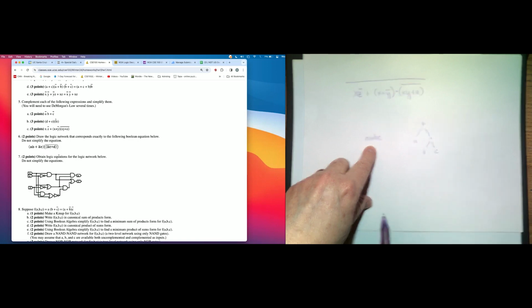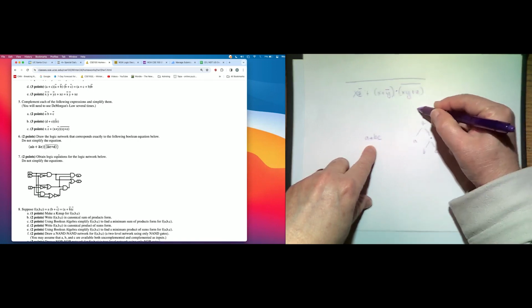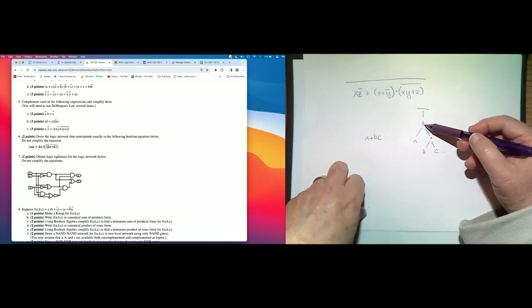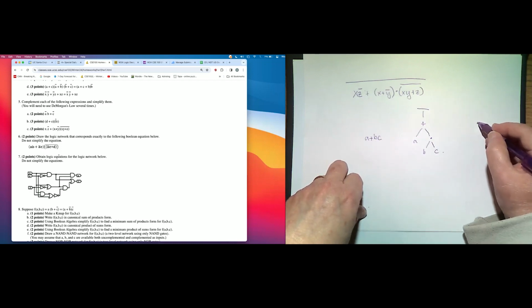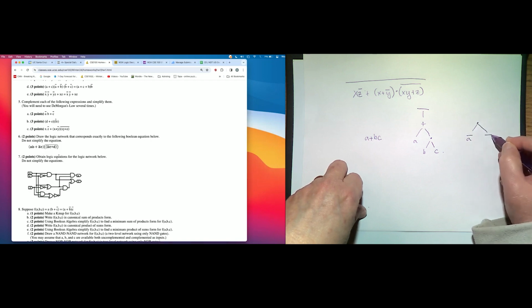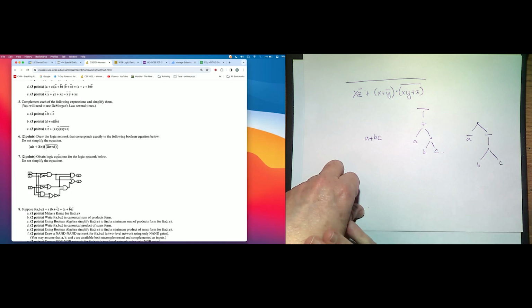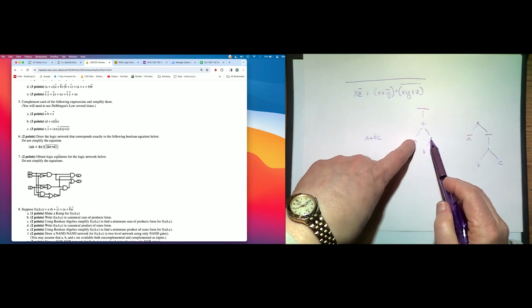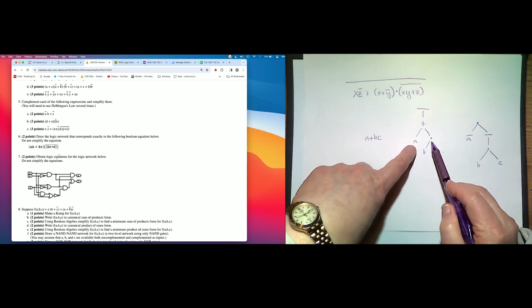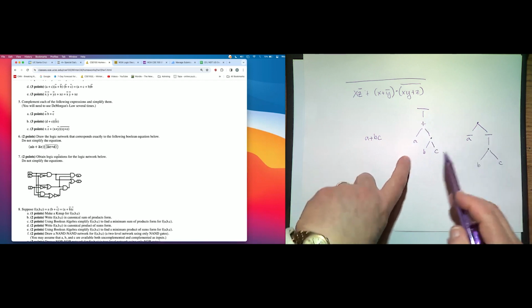So now let's say you complement the whole thing. What do you think happens here? Oh, it goes down to the OR. So this becomes not a, and then complement bc. Right, so when we distribute the complement over the sum, a got complemented, and then we have the complemented bc.